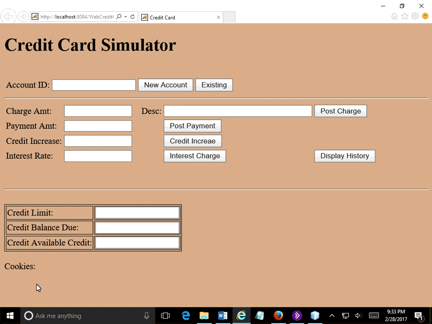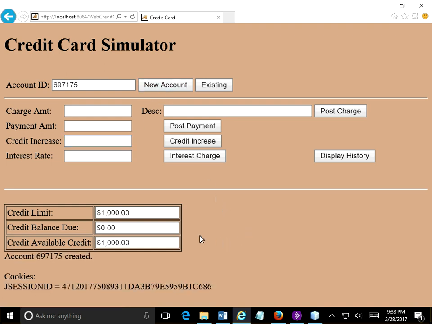Notice no cookies were found. Nothing came in from the request object yet. We will ask for a new account. And so this is important. We've got an account number showing and the starting values for the credit limit, balance due, and available credit. We got our message that the account